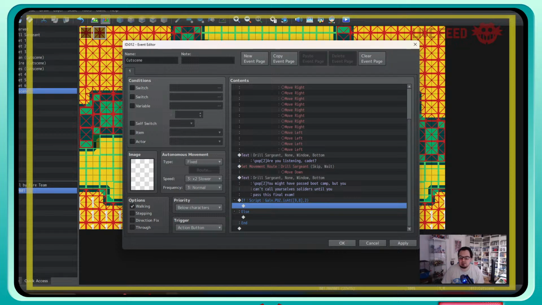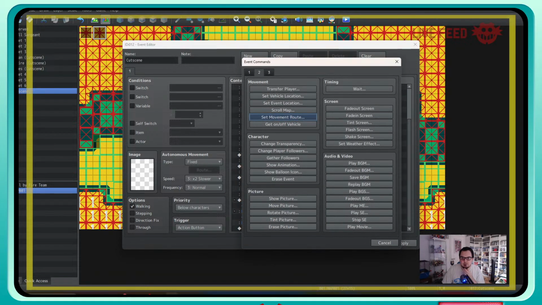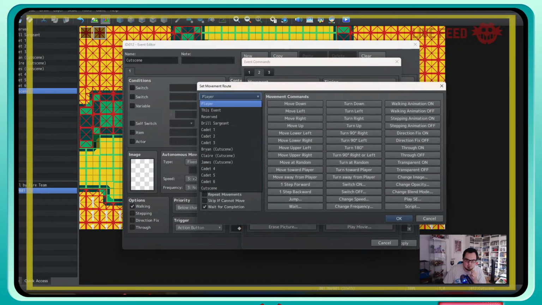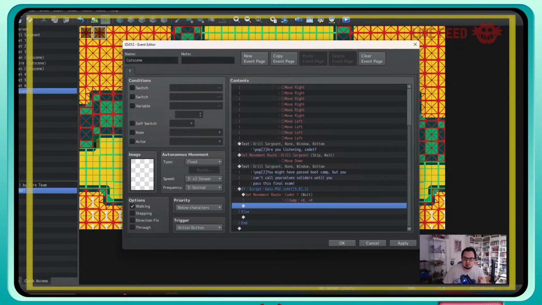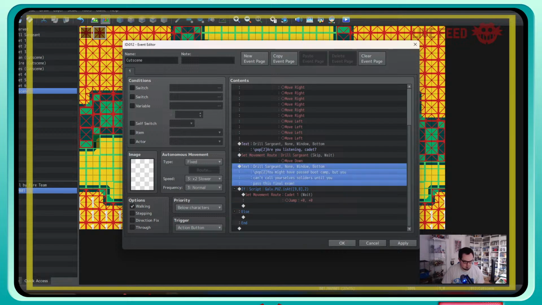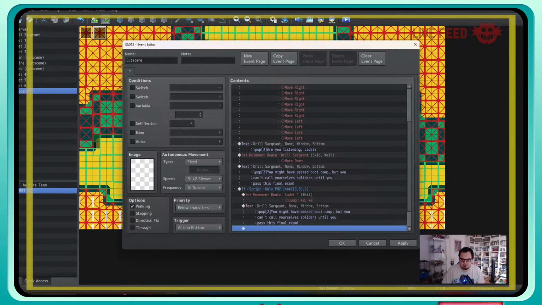Okay, so if he's there, he's in front of Cadet 1. So we set a movement route for Cadet 1, and he's just going to do a jump in place. Press OK. And then we're going to show a little message that just says,